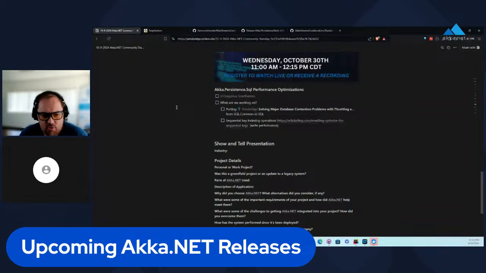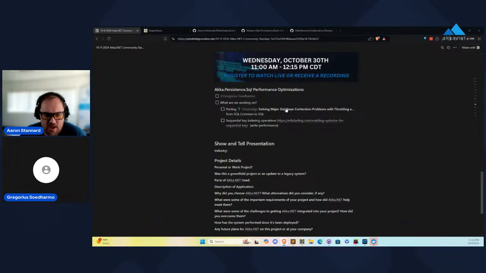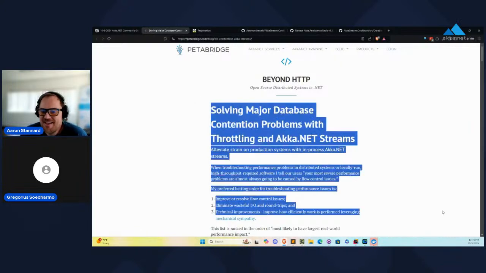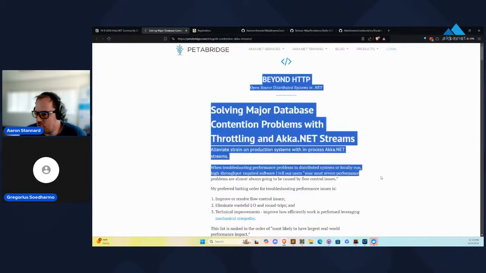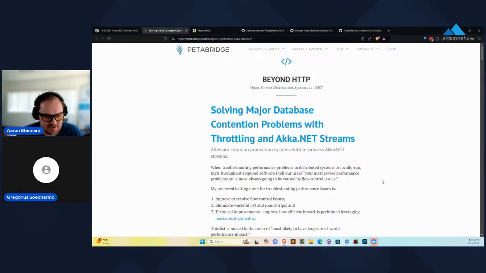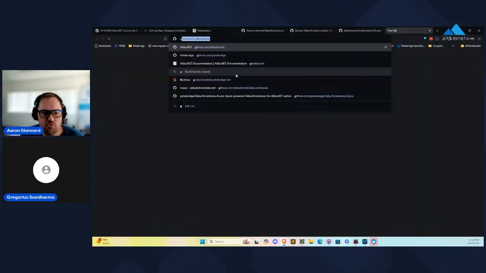Now, Gregorius, you've been working on some Akka.Persistence.Sql optimizations recently as well. One of the ones that you've got, and I still need to review this, is you ported a design from my blog post a couple of years ago on how we solved some contention problems with the Akka.Persistence.Sql.common plugins. So this is like Akka.Persistence.Sql server and Postgres and all that stuff. We have brought that over to